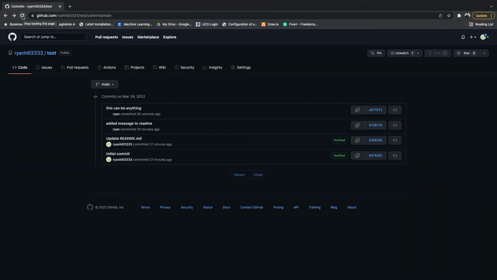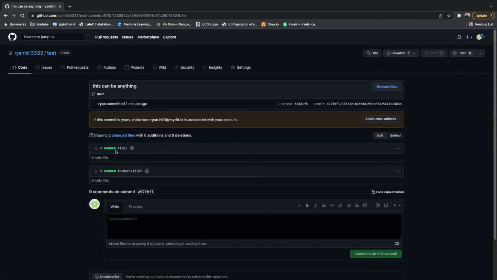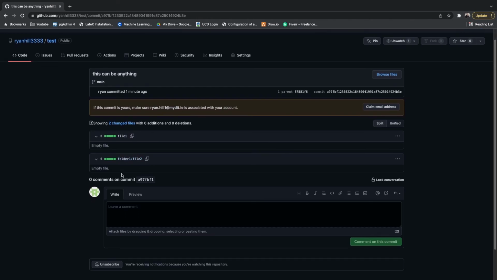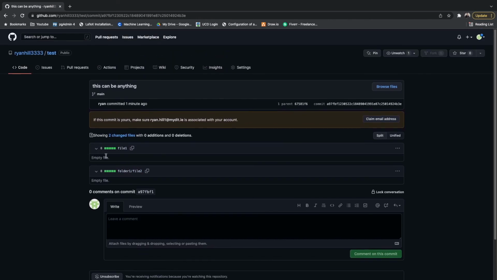So back in our browser, we can see that this has been added 30 seconds ago, so that looks good. Let's just go and see what the changes are. So you can see there's been a new file1 added, there's been a new folder1 with a file2 inside it, and no other changes have been made. So that looks good. So that's basically the video teaching us how to create a repo,